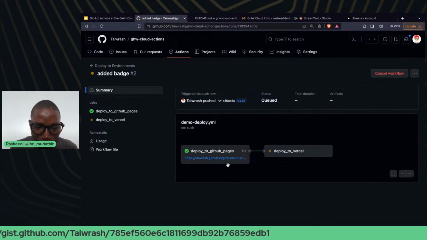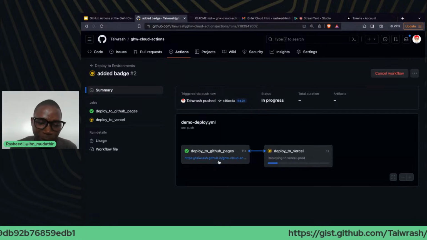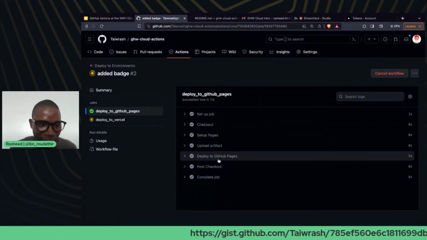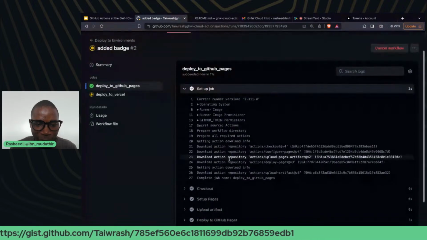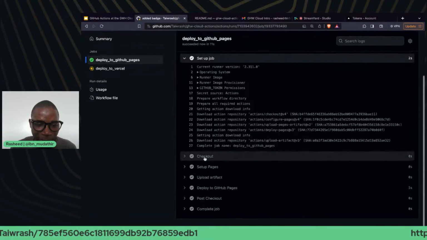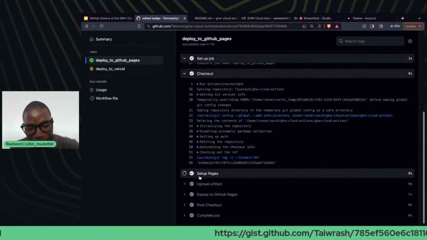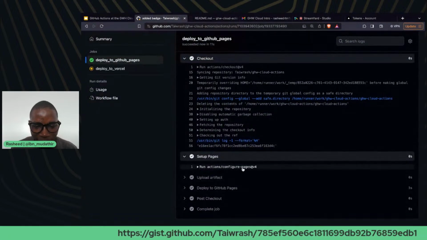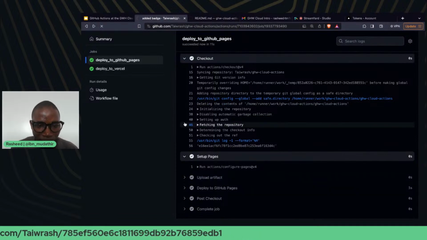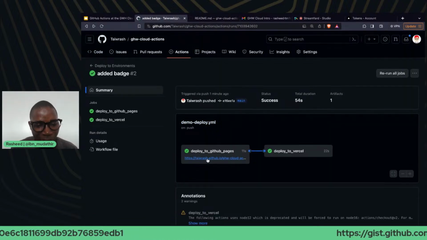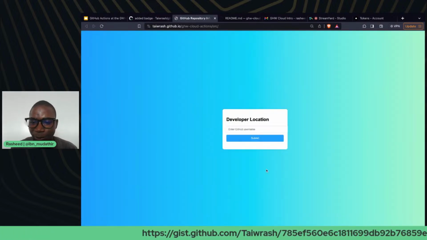I have this deployed to GitHub Pages already. So we can see a couple of steps that follow. We set up our environment, we set up runners and all. We check out the code by pulling the code from the GitHub repository. We set up the pages that we want to deploy to by running this action, configure, then we generate the artifact and we deploy it. Because of the URL variable that we added, we can just link up what we built, and this is the project that we built.